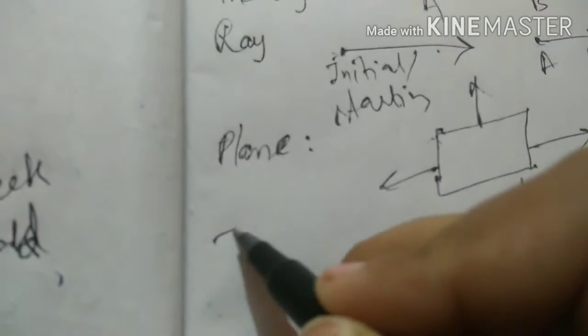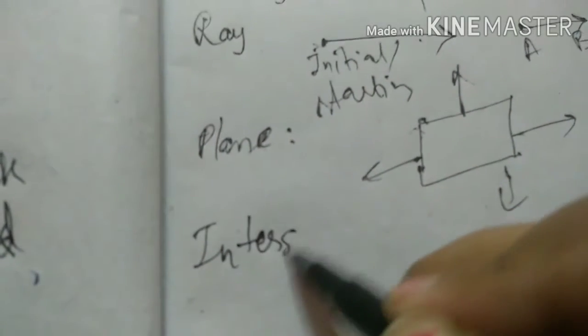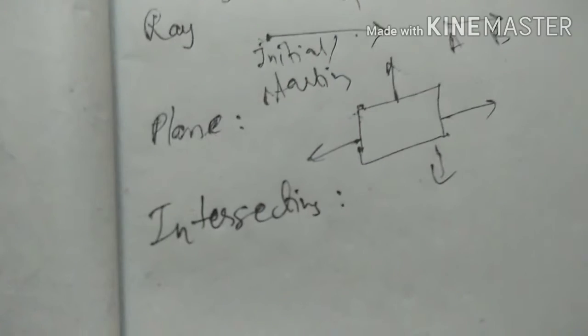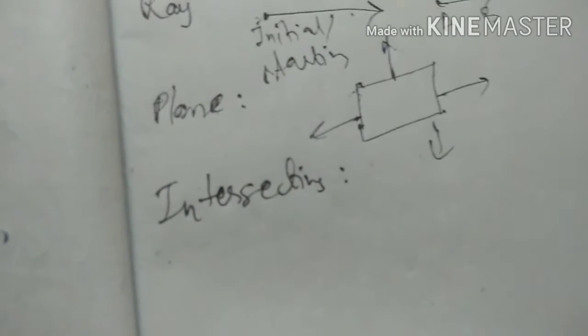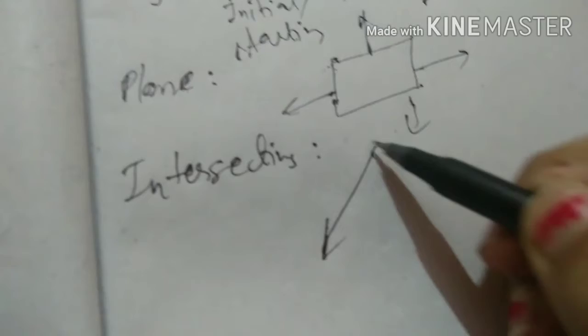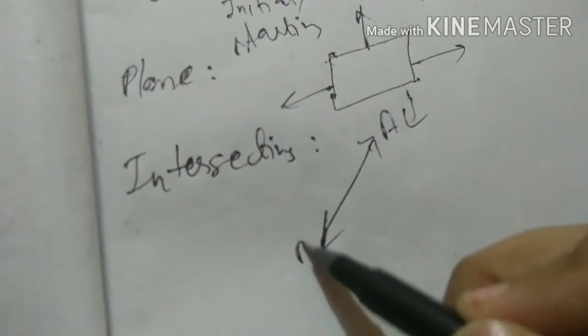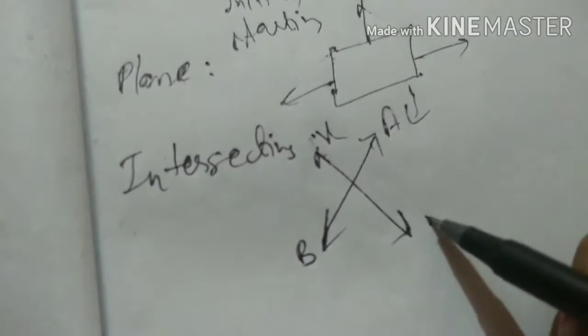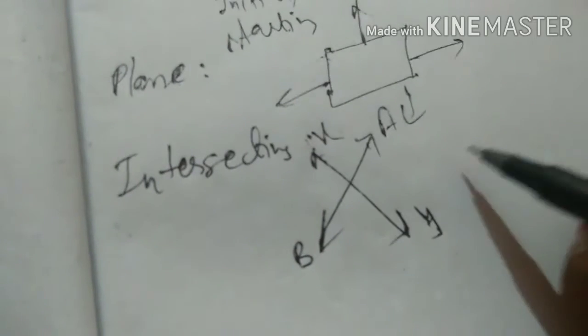Now, after this, we are having the intersecting lines. So what are the intersecting lines? Intersecting lines are those lines which cross each other. Cross each other means which passes each other. For example, this is a line segment A and B, and if X and Y is passing through AB, so we can say that AB